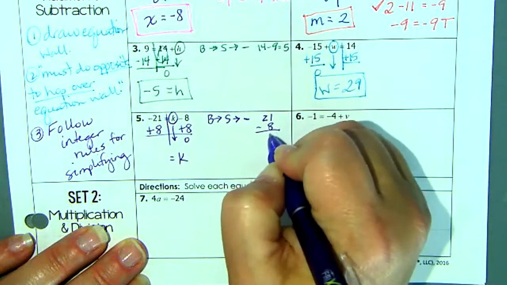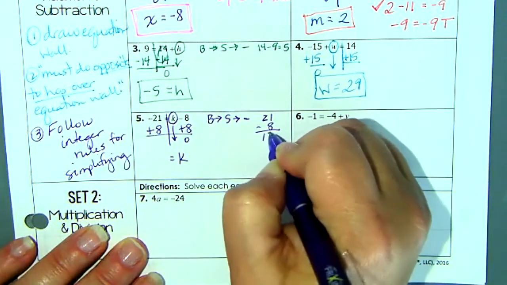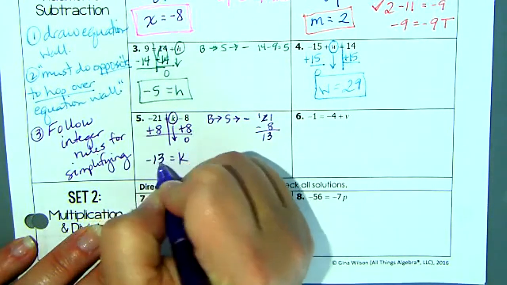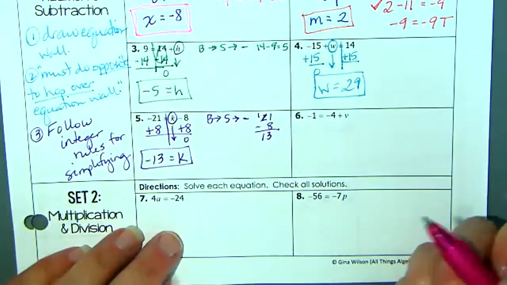So we have 21 minus 8, and I can't think at the moment, 13, because you have to borrow. So we have a -13 as our answer. Okay, last